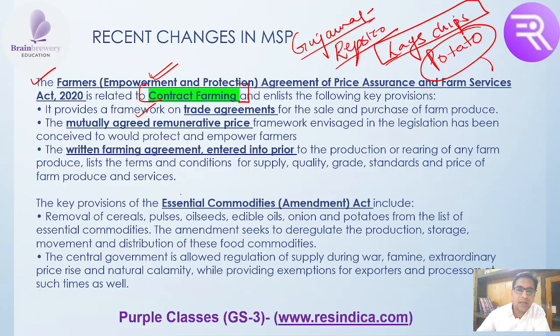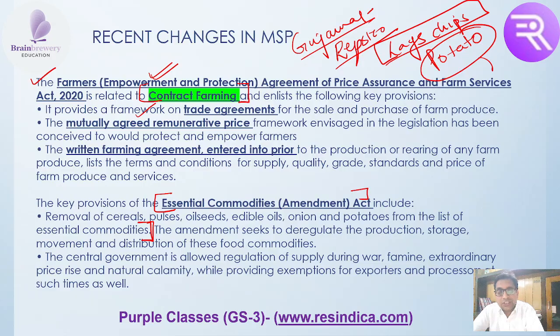Then the third one is the Essential Commodities Act. This act wanted to remove cereals, pulses, oilseeds, edible oil, and potato from the list of essential commodities. This amendment said that we have to deregulate. So remove these cereals, pulses, oilseeds and edible oils from the Essential Commodities Act, because if there is an Essential Commodities Act, then the government has very good control over that. If it is outside the Act, it is up to the farmer what he or she wants to do